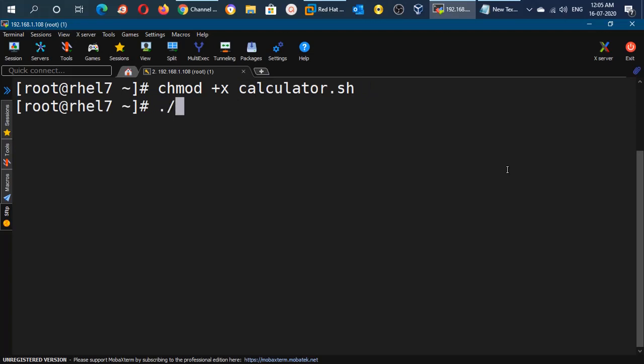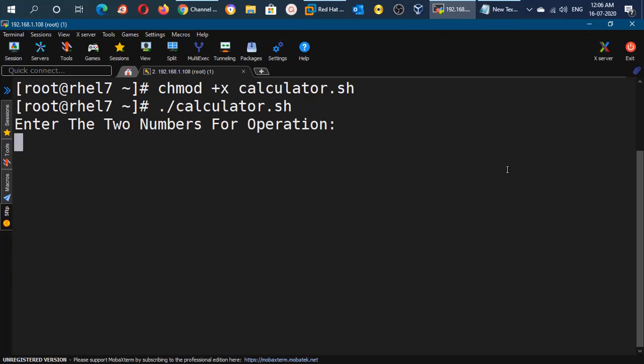and then we can either use dot and forward slash and the script name to run it, or we can use sh and the script name. Here it is prompting us to provide the input for the script. It is asking us to mention two numbers.